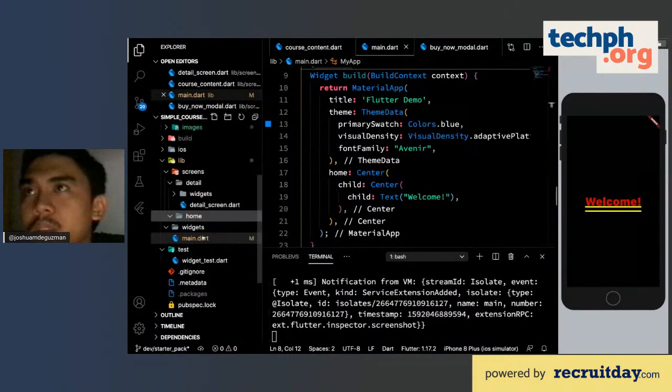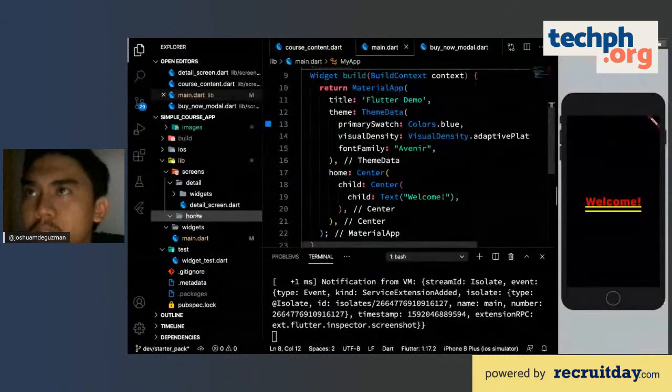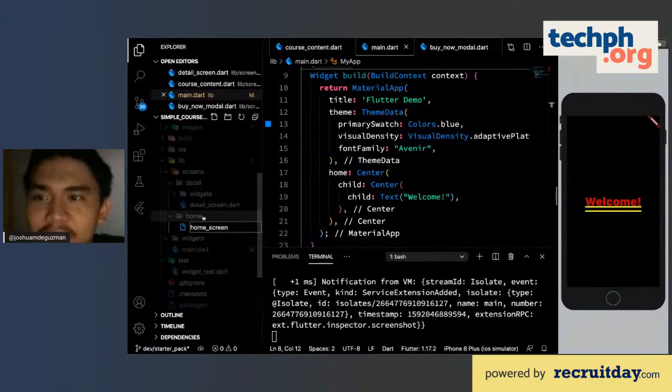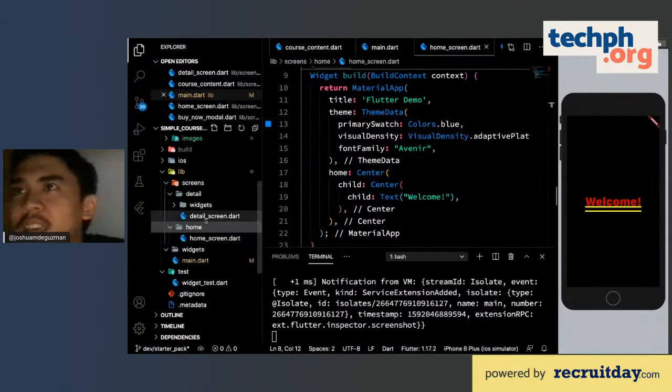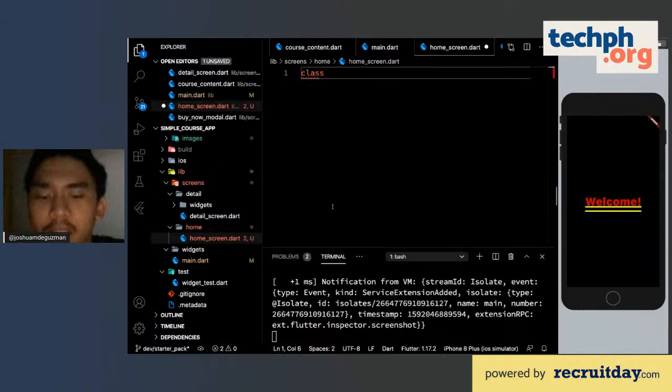So we'll start with creating the screen itself. First thing you have to do is home screen, home_screen.dart, and you have to create a stateless widget, HomeScreen, that extends StatelessWidget.